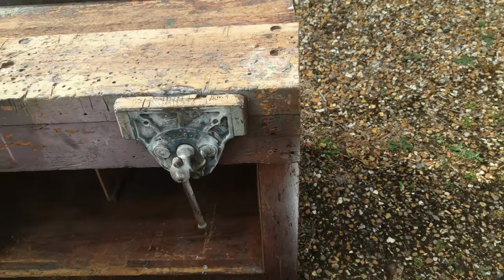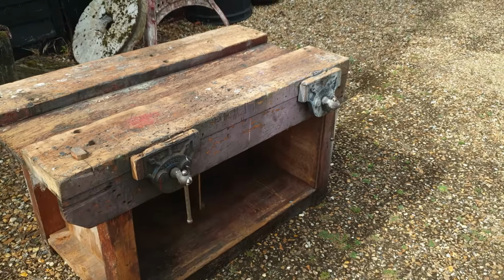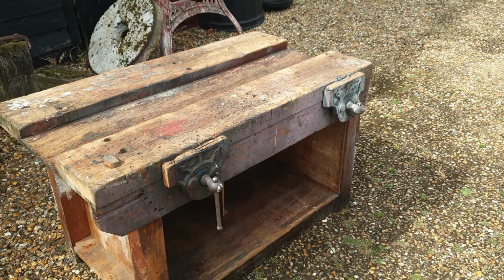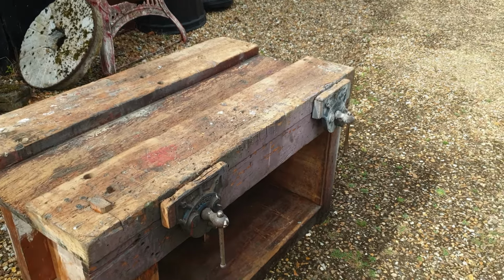But I thought it's unusual that you'd get a woodworking vice with 2 vices on the front like this. You know, normally you just have the vice on the left if you're right-handed, and that's it. If you had a vice on the right-hand side, it would probably be an end vice, not a face vice. Given that we've got the 3 holes over here, if I show you that again, these 3 holes, I thought,